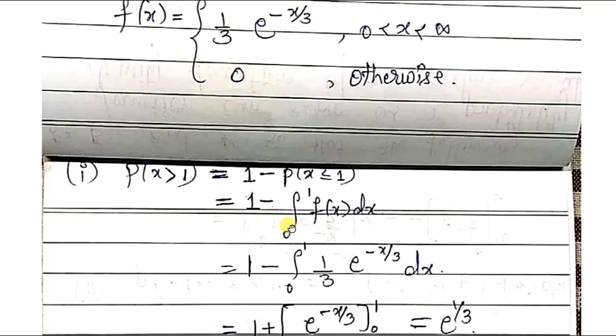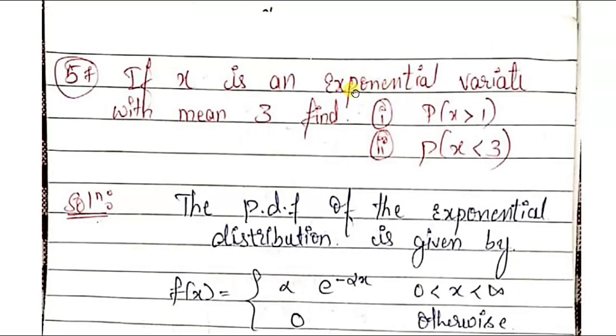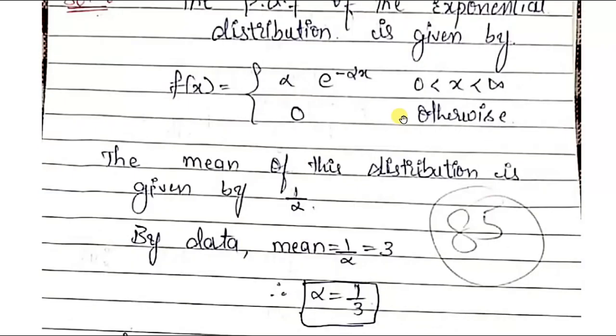Okay, under continuous probability distribution we use the integral symbol, so that is why I'm using the integral symbol here. Otherwise I would use the summation symbol here, isn't it? It is exponentially distributed. Okay, so since it is exponential, it comes under continuous.